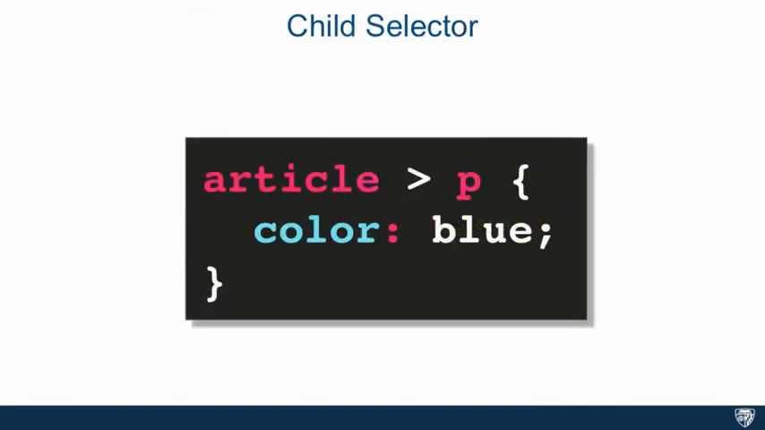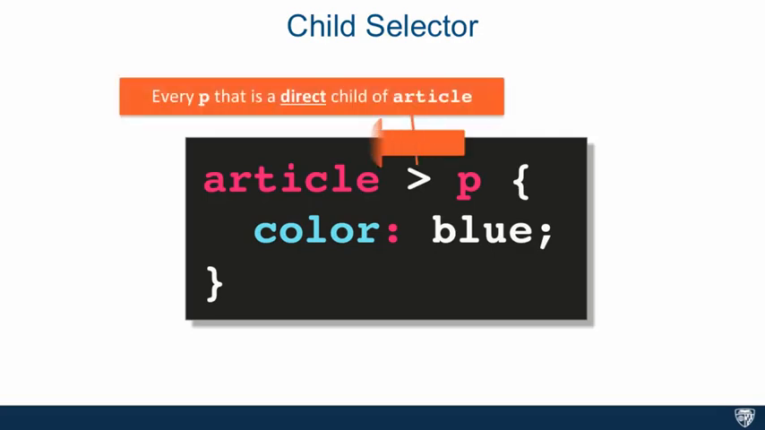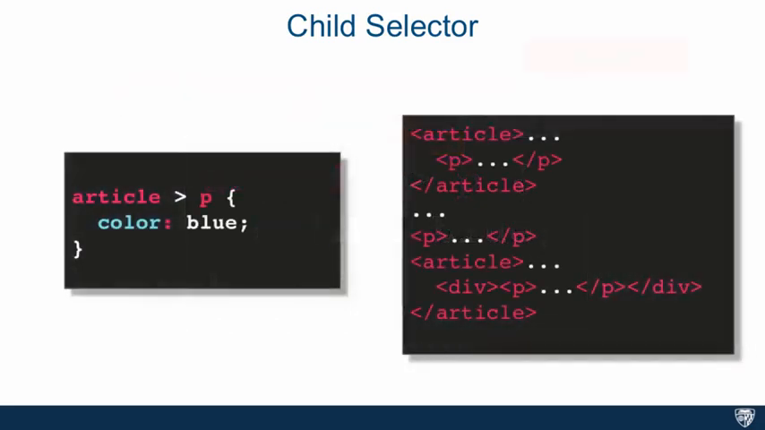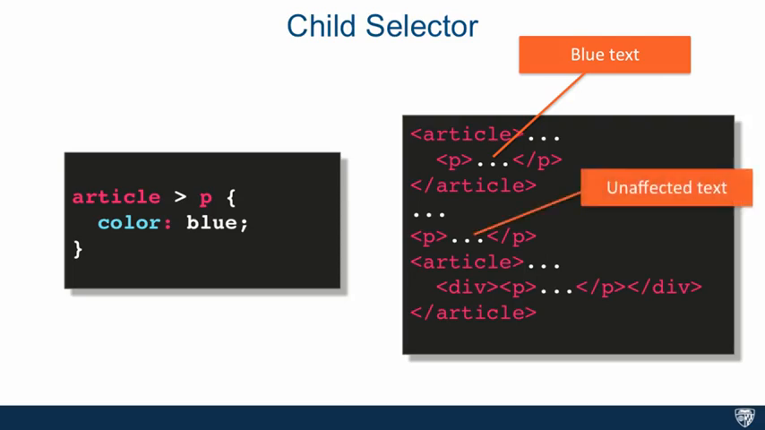The next type of combination of selectors is a child selector, and its syntax is pretty straightforward. It's a selector followed by a right angle bracket followed by another selector. And the way you read these combinations is from right to left. In this case, what we're trying to do is target every p element that is a direct child of an article element. So in this example, you can see that the p element that is a direct child of an article element will get the styling of color blue applied to it,